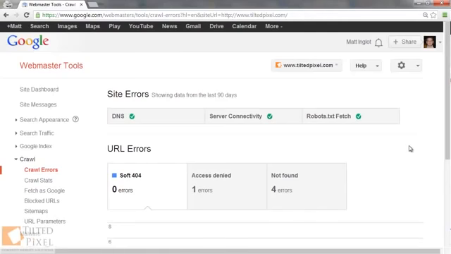It's divided into two sections, site errors and URL errors. Site errors are the really serious stuff. It means that Google is not able to access your website. If you don't see green check marks on the first two, contact whoever's hosting your website or managing it because